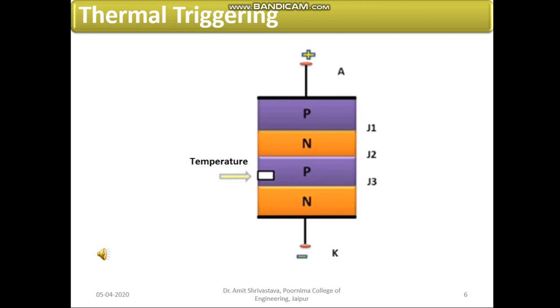This voltage across J2 associated with leakage current would raise the temperature of this junction. With increase in temperature, the width of the depletion layer decreases. This further leads to more leakage current and therefore more junction temperature. With the cumulative